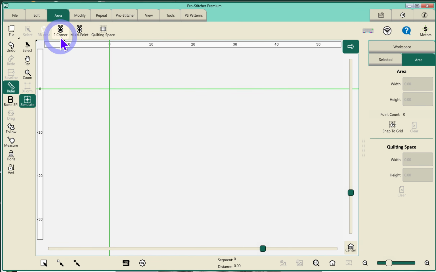So your area, when you are plotting an area on your quilt top, if you're going to use the two-corner tool, you are plotting 2 points that will create a rectangle, and that is telling Pro Stitcher where you want to stitch your design. So in general, that's what the area does, and you plot it on your quilt top physically, manually, with your hands on the handlebars,